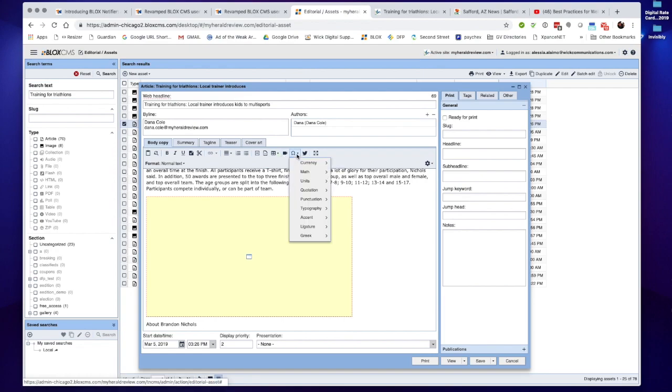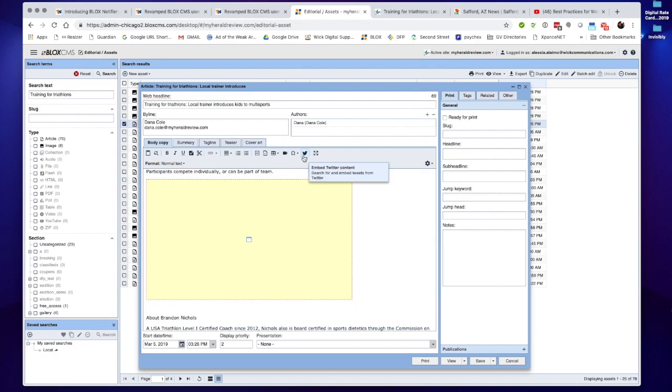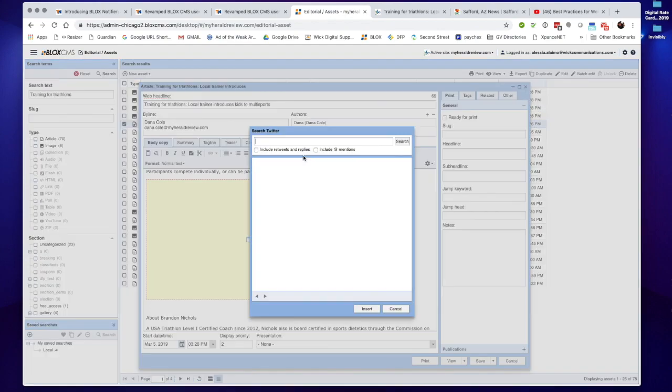You have special characters too, so if you just don't want to use your keyboard and you want to use special characters, you can do that. And what I like about this too, in the last couple of years, Town News added embedded Twitter account. So you can click on that, and if, for example, we want to find any words that has Herald Review on it, you can search by that. You can search by title. You can search posts that include retweets and replies. You can search by include at mention. So you can say if somebody mentioned